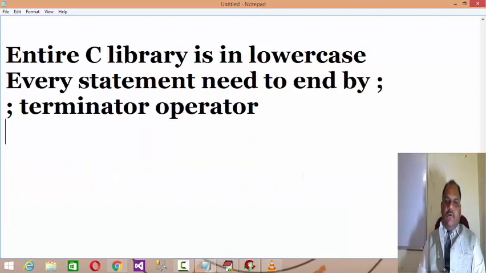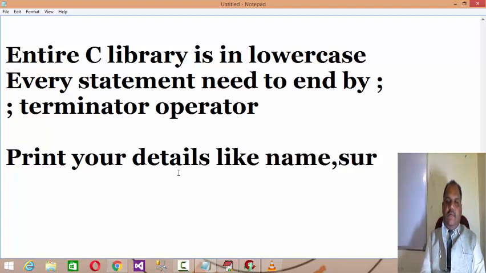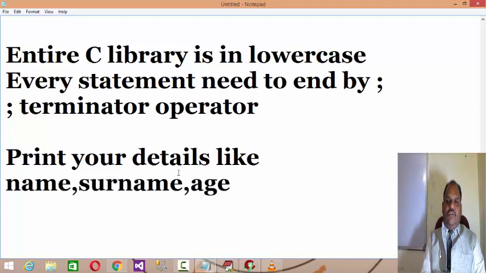Okay, so now let's understand. Let's say you want to print your details like name, surname, age, address, city on the screen.